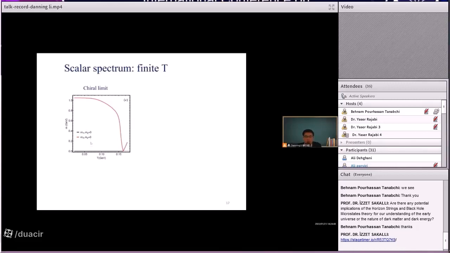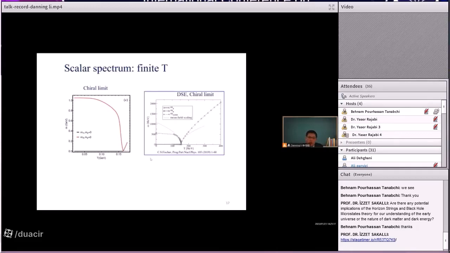We can see that at low temperature, below the second order phase transition point, the pion mass is always 0, and this guarantees that it's the Goldstone boson of the phase transition. We can also see that the mass of the sigma meson decreases with the increase of temperature, and then after the transition point, it increases again. All this structure is very similar to the calculation from the Dyson-Schwinger equation in the chiral limit.